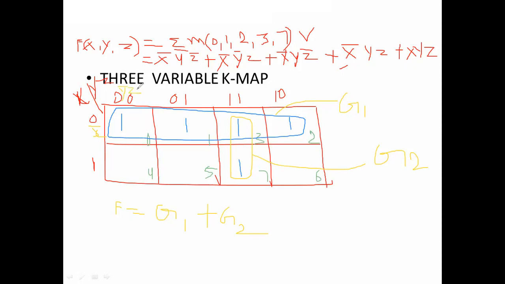Here this will be taken as y bar z, this as y z, and here y z bar. If you sum all the combinations, then you will get 1 by using Boolean laws. Y bar z bar, y bar z. Out of these two, see here also y bar z bar.